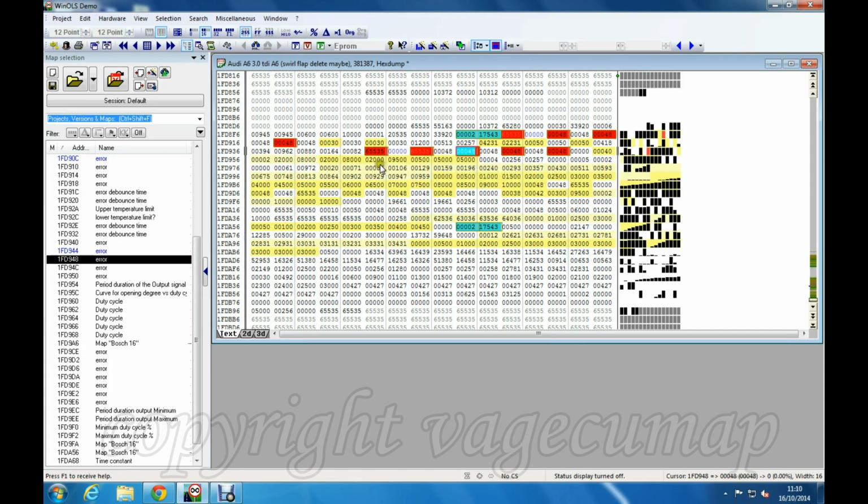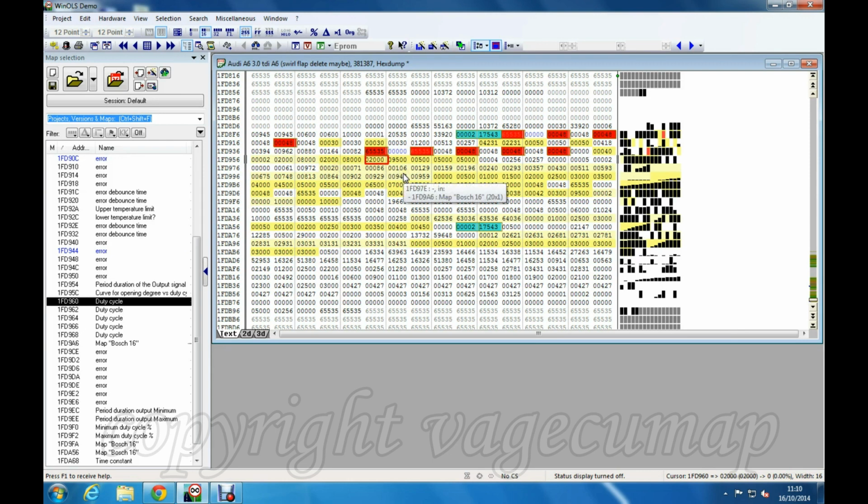One interesting thing to note is that if you look back at the previous video that I did, I suggested that we set the level at 20% as the bottom level for some of the maps, and that fits in perfectly if this one here is in fact the lowest value of 20%. In other words, by setting the previous maps at 20%, some of the error codes on here may never show up anyway, and you may only need to touch these if you get error codes showing up.